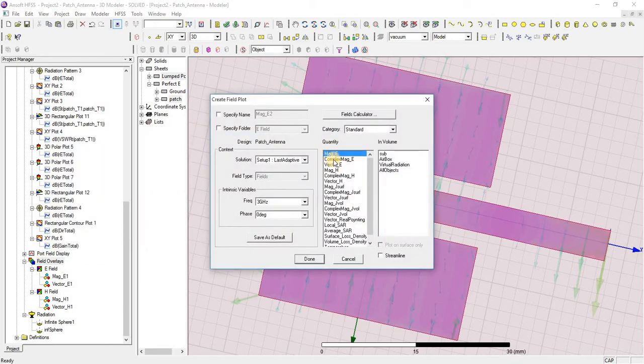After that, from here we can set magnitude of E field, vector of E field, magnitude of H field, vector of H field.